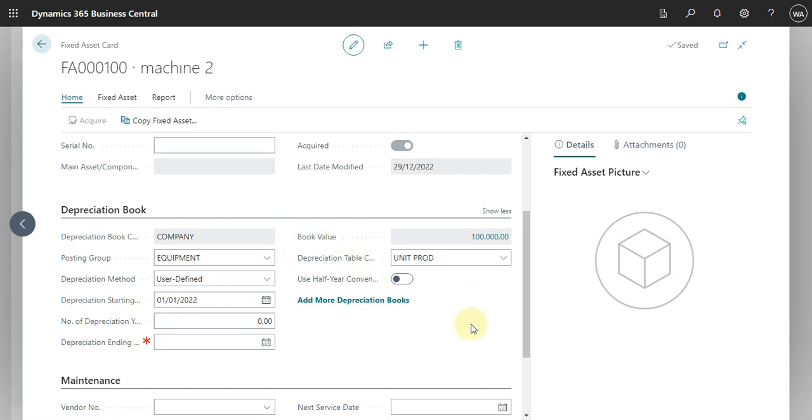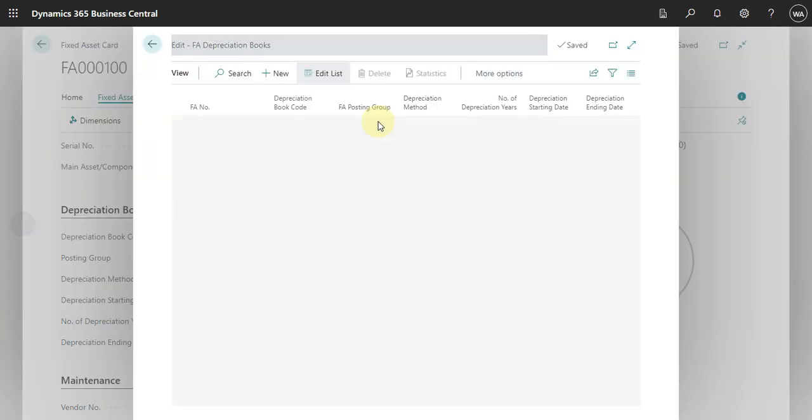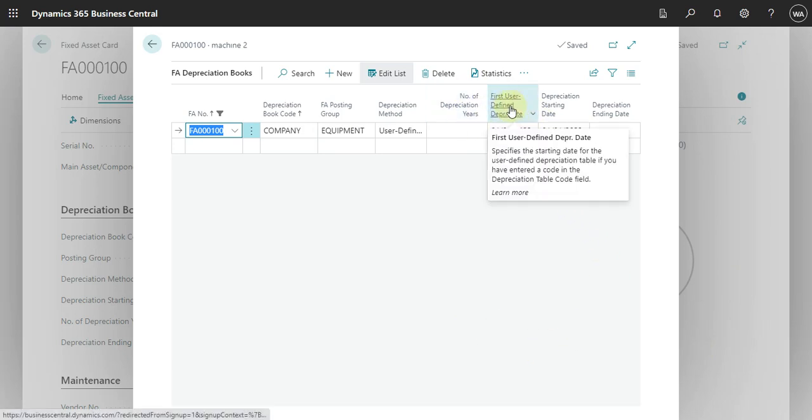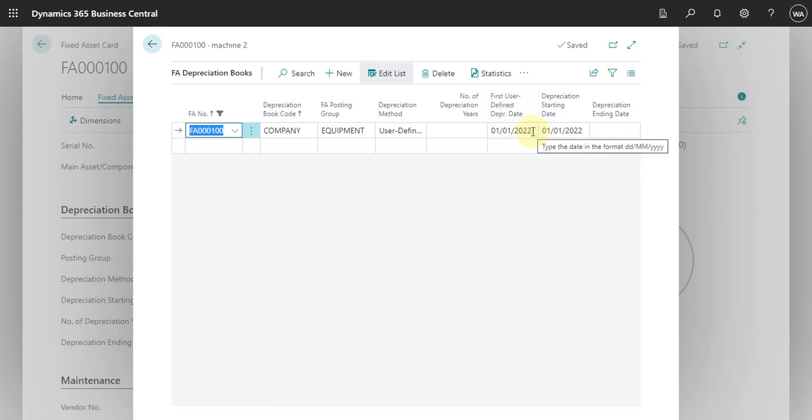So let's go here, fixed asset, depreciation books, and then you can see here that I have this field, first user defined depreciation date. It's something that every time you use this kind of depreciation, you need to go in this table and specify it. In this case, the acquisition date for this fixed asset, which was the 1st of January